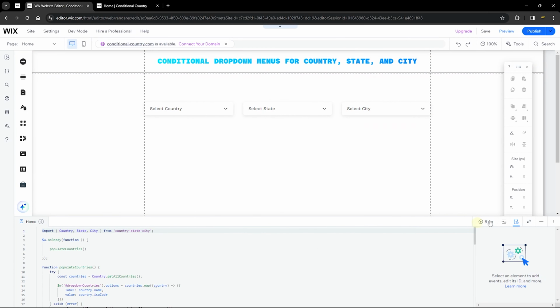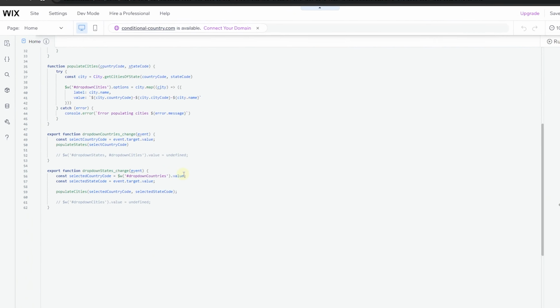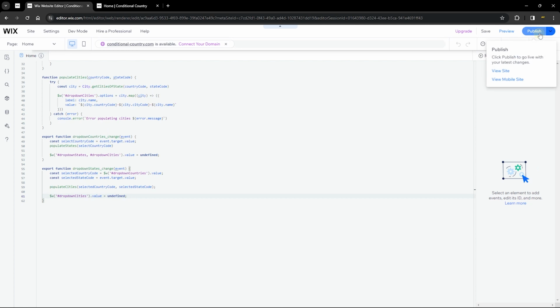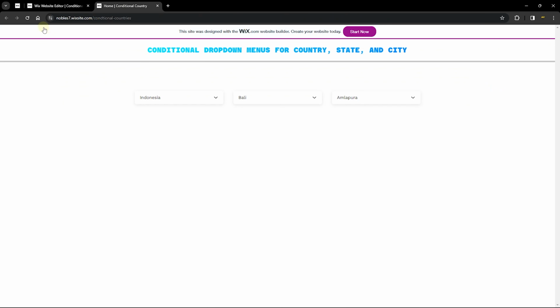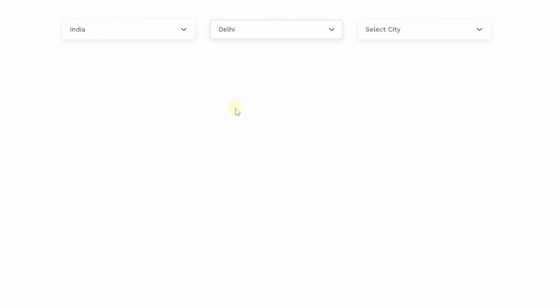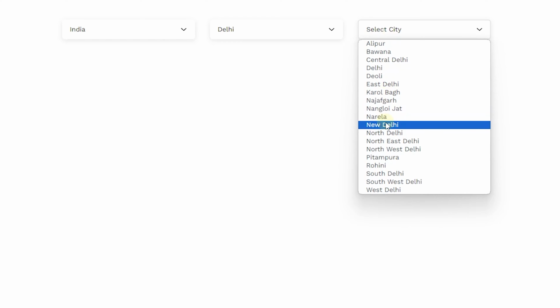Now let's go back and enable this just to have another view of having these undefined properties or not. So it depends on you. If you want it to select the very first option from the drop down, that is totally fine. If you don't want it to select the very first option, then you can also do this procedure. So let's go ahead and test this out. All right, so we're going to use India again and test this out. So when we go over to Delhi and go over to New Delhi,